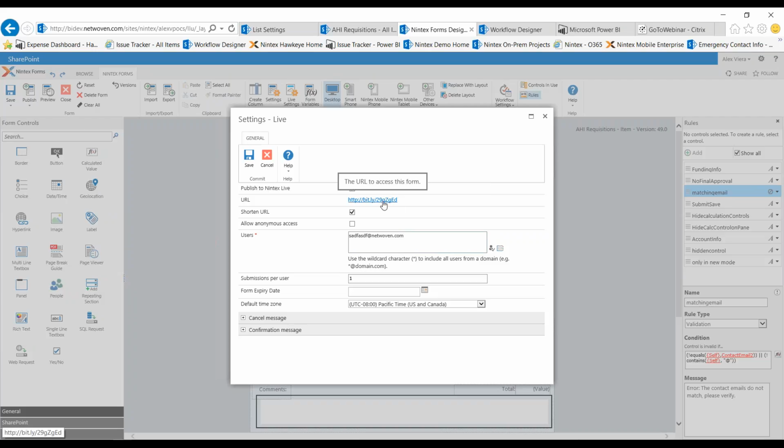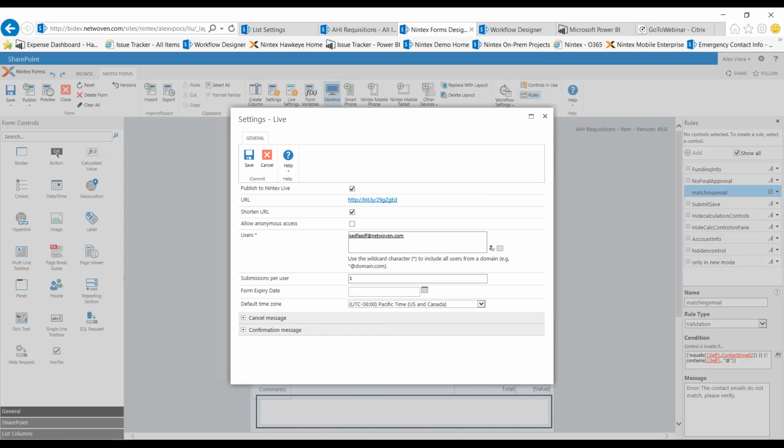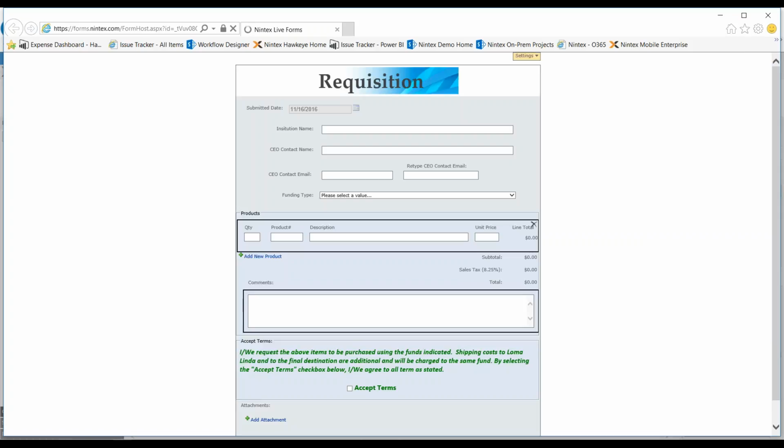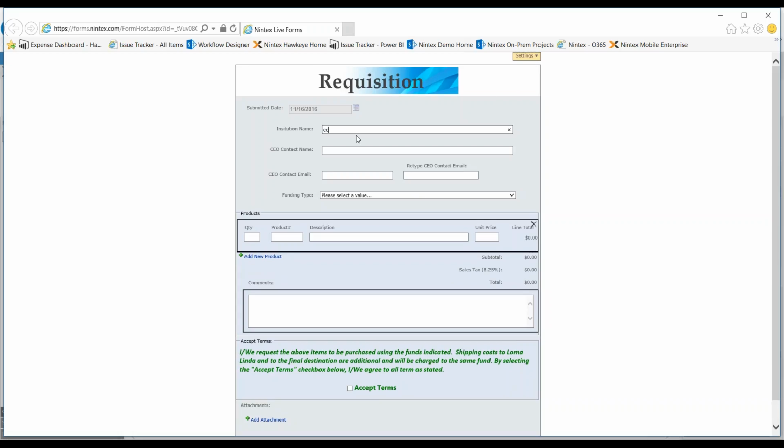So what does this look like? What does this form look like as an internet form? If I right-click and say open a new window, here's the actual form that's going to come up. I want you to notice that it's not coming from my internal site. This is actually showing up on the internet through that link as an anonymous entry,